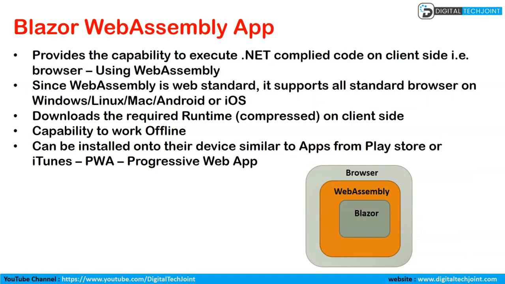Now let's go to the Blazor WebAssembly app. So this is the code where we are saying that you can develop a client-side web application without using JavaScript. So what does a Blazor WebAssembly app do? It provides the capability to execute .NET compiled code on the client side